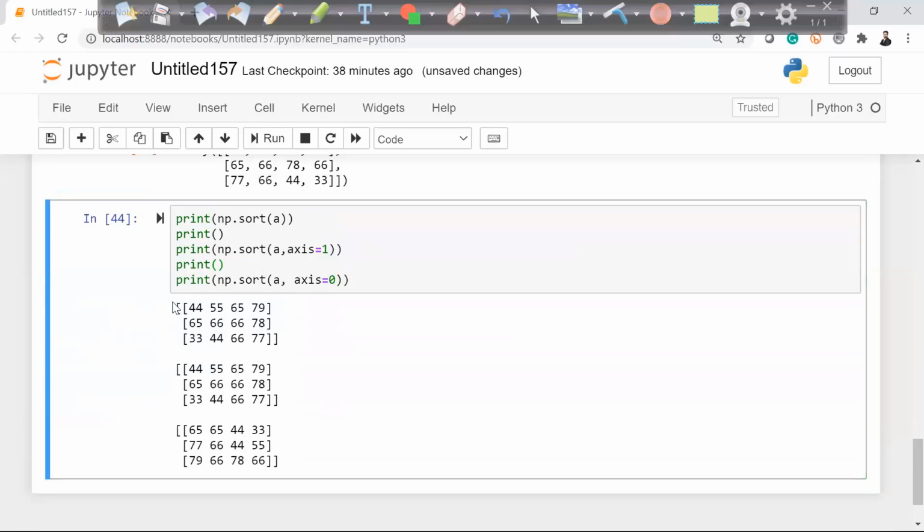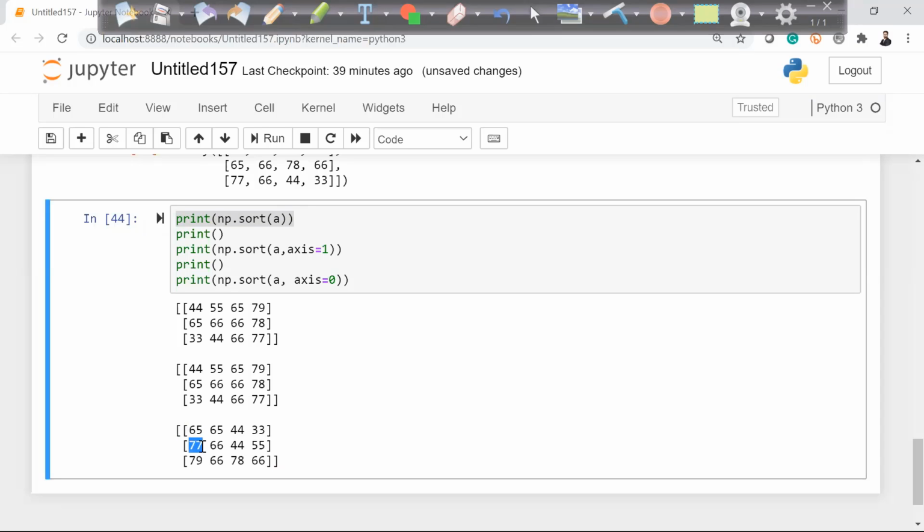So that is my first, which is normal sorting without any value passing. And this is looking exactly the same. That means, can I say X is equal to 1 is the default value when we are running like this and not passing X's? That means the default value is X is equal to 1. And you can make the value X is equal to 0, where you will do the sorting on.